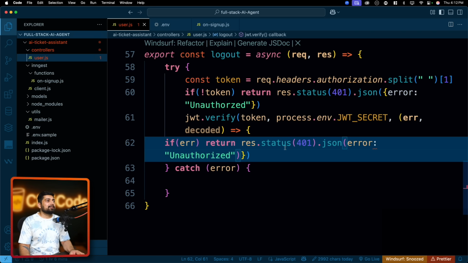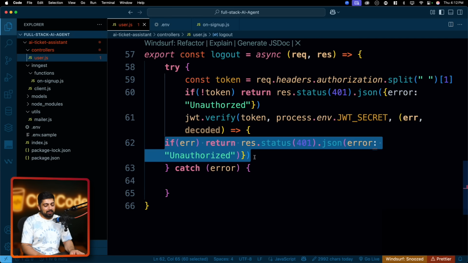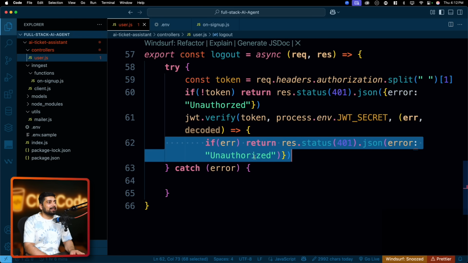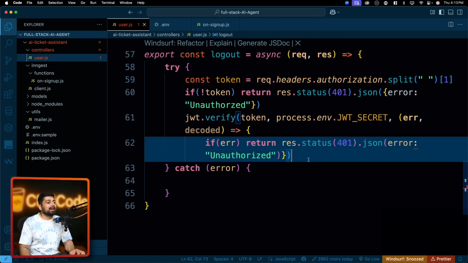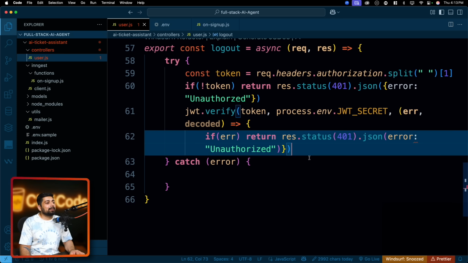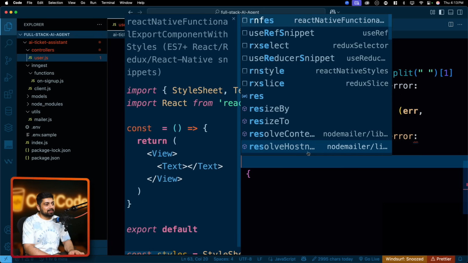Unauthorized. Save this. This is not saving well. At least the formatter is not doing good. It should be like this, or at least like this. I would prefer it. Anyways, you got the idea. But if it is all good, then we can send the response directly. So if it is not unauthorized, I can just go ahead and say